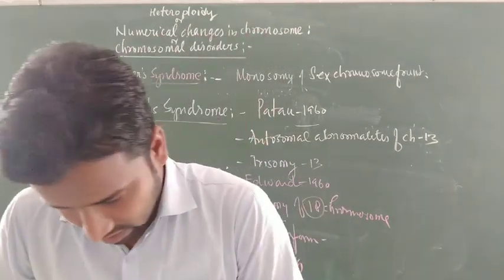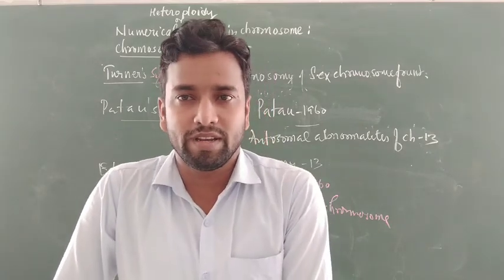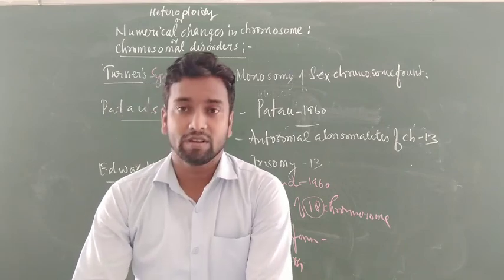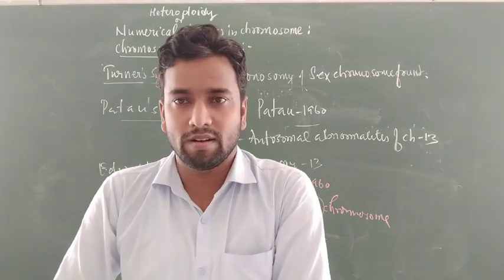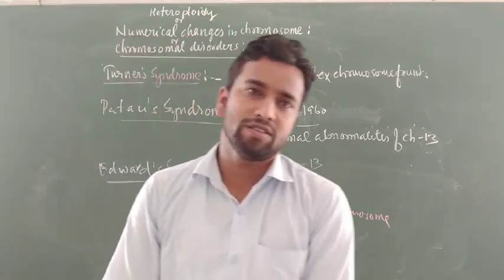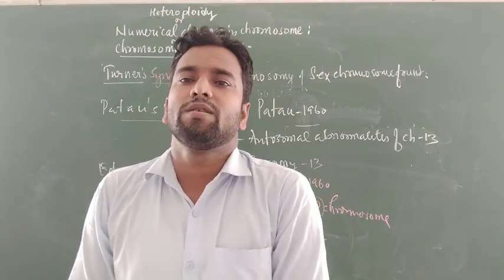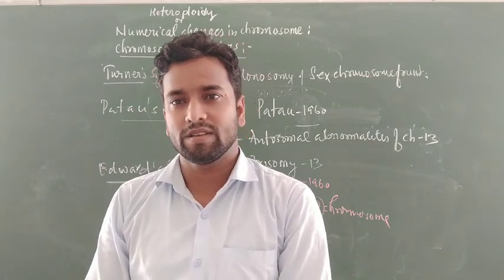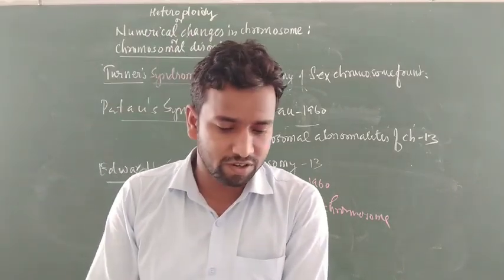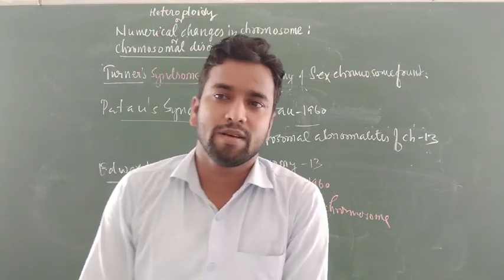I think this is almost the last part of chapter 5, Principles of Inheritance and Variation, and this chapter takes about 12 to 13 lectures to complete, and it is a large and very important topic of biology. Students, if you want proper learning and revision, you must take the help of a side book, because NCERT does not describe all topics properly. Now in this class, that's enough. Thank you, students.